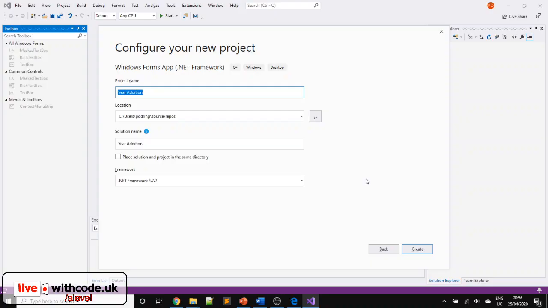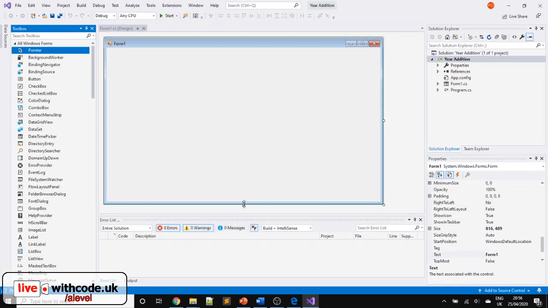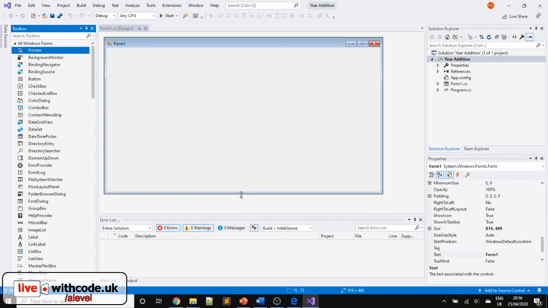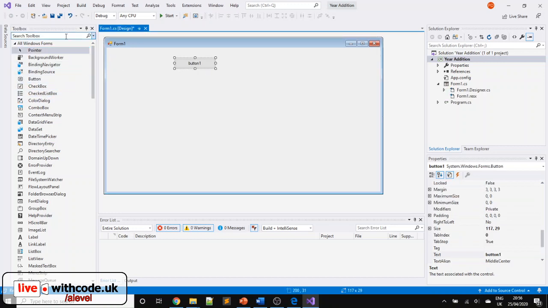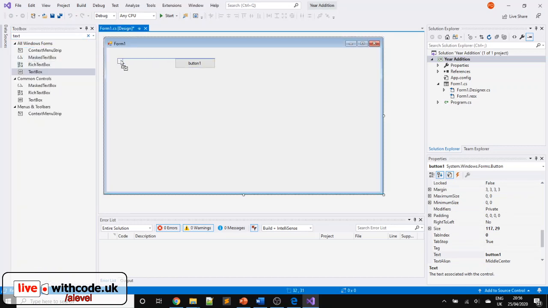Okay, so hopefully you've had a think about how you'd approach this problem. I'm going to use a Windows Forms app, .NET Framework. I don't mind if it's .NET Core or .NET Framework, but we'll create a project together. The user interface is going to be relatively simple for now. We're just going to have a button and a text box that the user can type a year in,